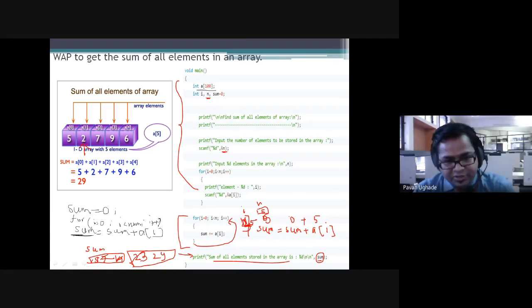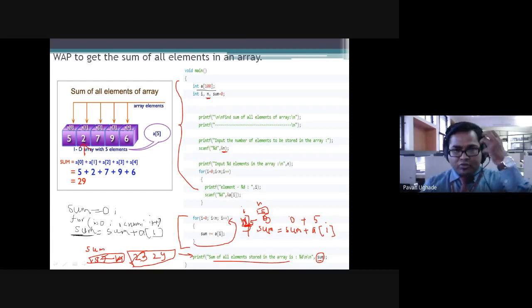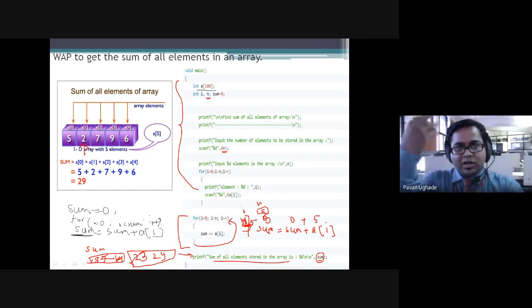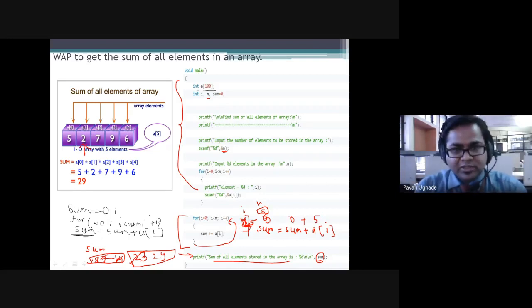Any doubts in this, sir? Please tell me, because this is a very simple program I have taken so that you get confidence, because you are coming back to the array concept after more than 6 months, if you learned C programming in your first semester. That's why I have come up with very basic programming. Any doubts in this? And there is an alternate way also to solve this question. I'm taking the very basic way. Is there any doubt, guys? Please tell me.